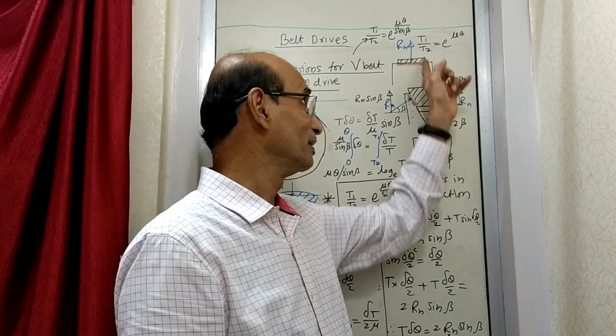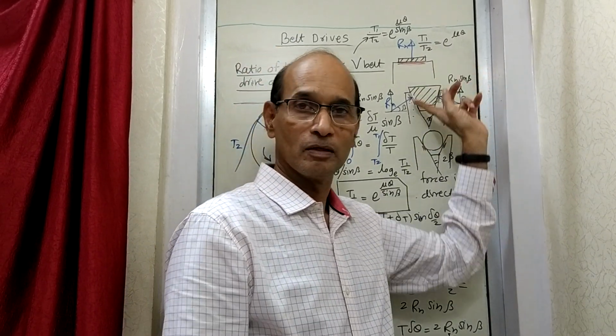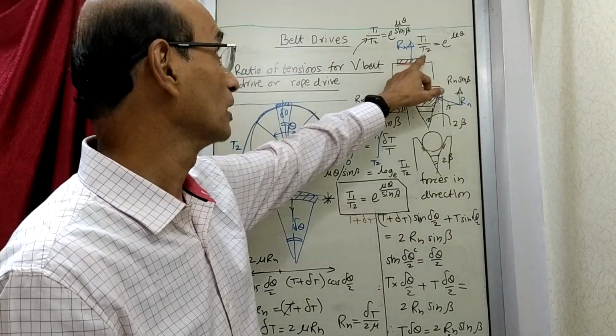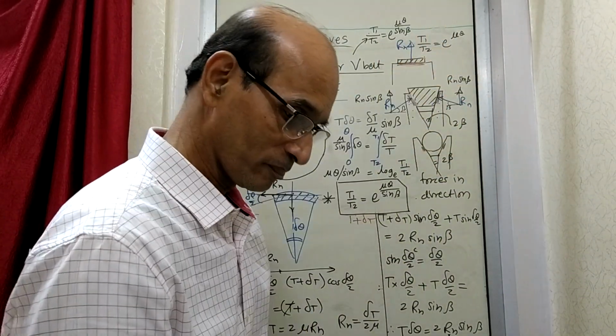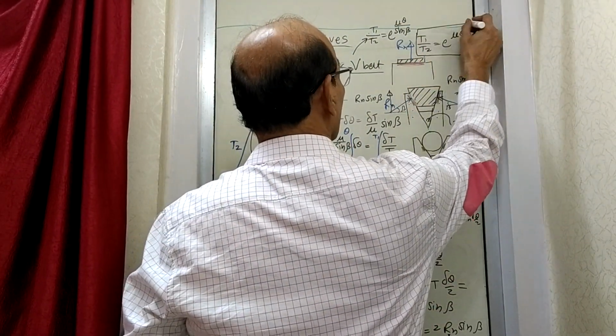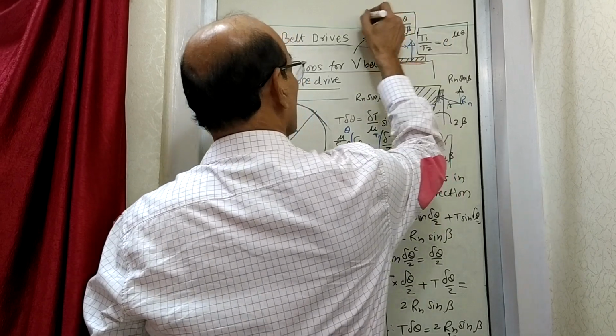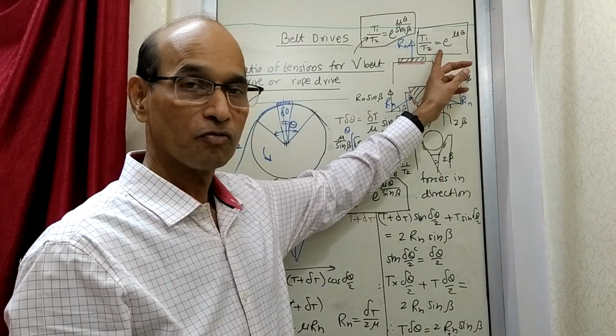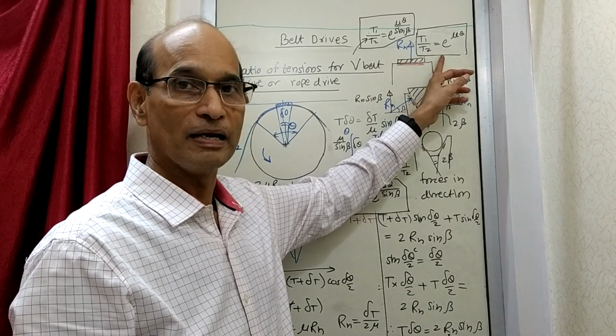So that is how you are getting the relationship between both the equations, saying that they are correct. Okay. So for the earlier case, this was the derivation, and this is one derivation and this is the second derivation. So ratio of tensions for two cases. For flat belt, this is the derivation.